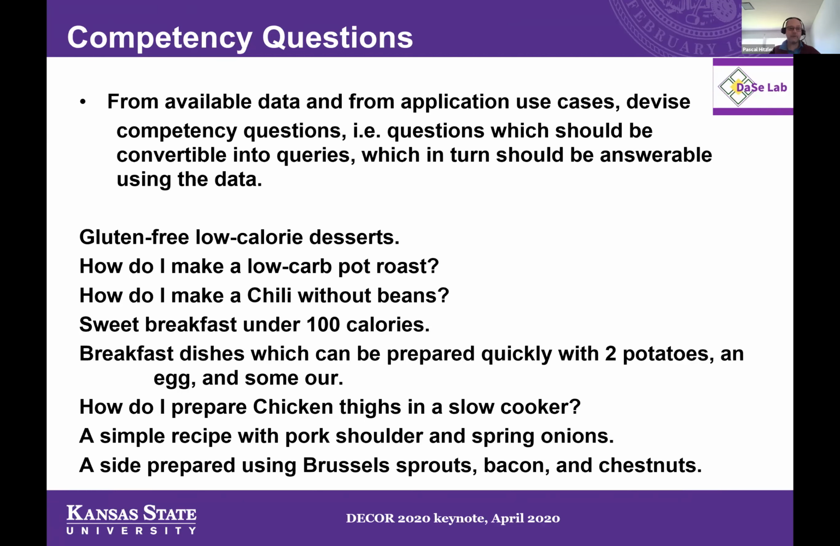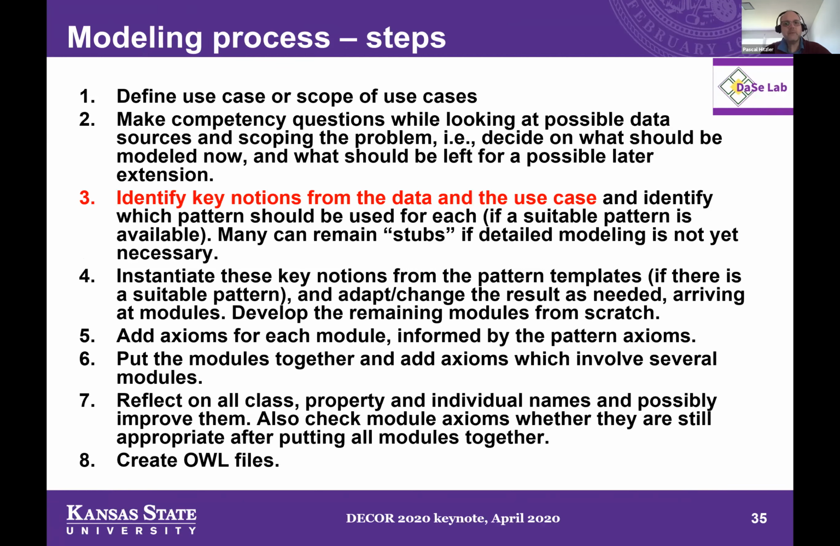For the Enslaved project, which I mentioned earlier, the historians actually went out to lots of people, including schools, the general public, and also scholars, and compiled big lists of competency questions to understand what actually should be modeled, where the emphasis should be. Now, once we have the data, the use case, and the competency questions, we identify in the next